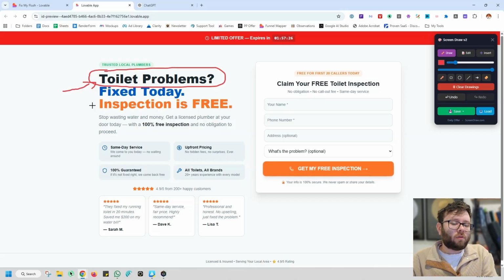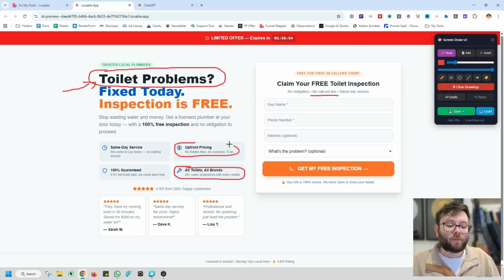Now, where this is done quite well is the questions that I just raised. It said no call out fee, so that's really good. And it even clarified, it says all toilets, all brands. So that was also good as well. It clarified no upfront pricing, so that's really good as well. But we're assuming that people would have continued reading here and here and here, because this is essentially the first